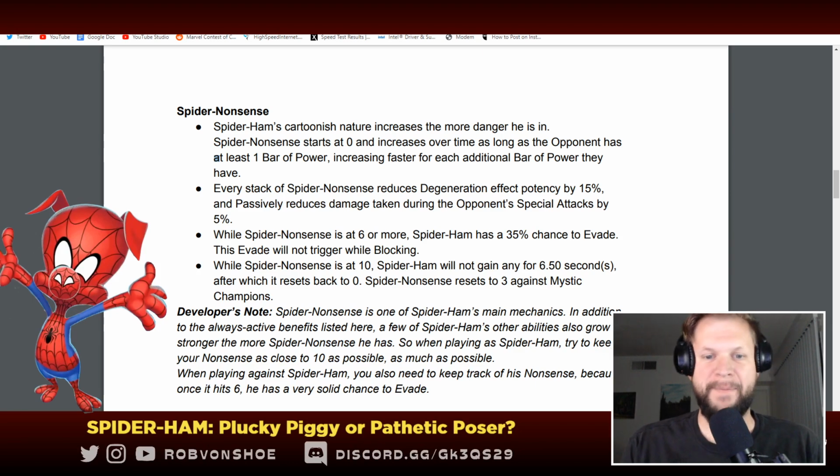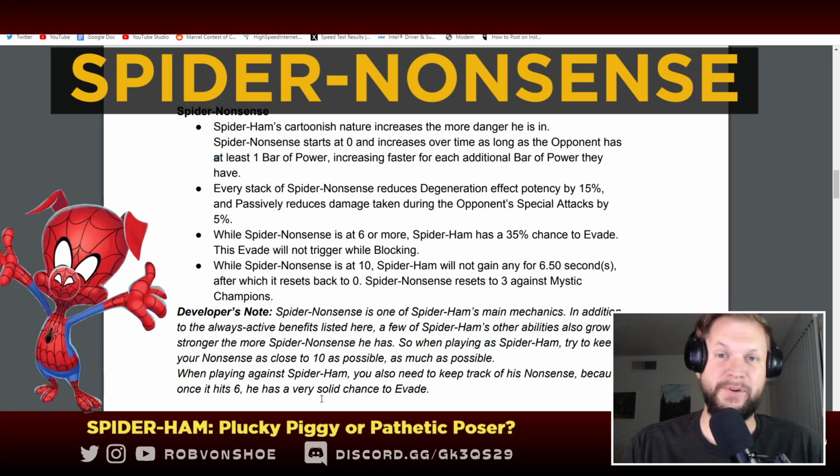So, first thing about Spider-Ham is that he essentially is a very glorified Yellow Jacket 2.0. He's going to be throwing power stings left, right, and center, and that is the main thing to keep in mind with this champion. Spider-Ham has an ability called Spider Nonsense, and this is one of the core foundations of his kit. Spider Nonsense increases after the enemy reaches 1 bar of power, and it gradually increases the more power